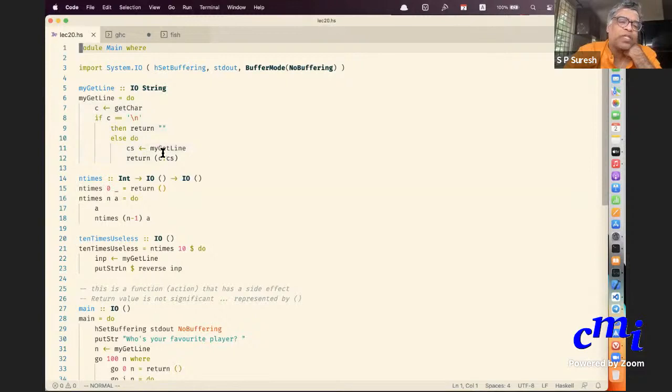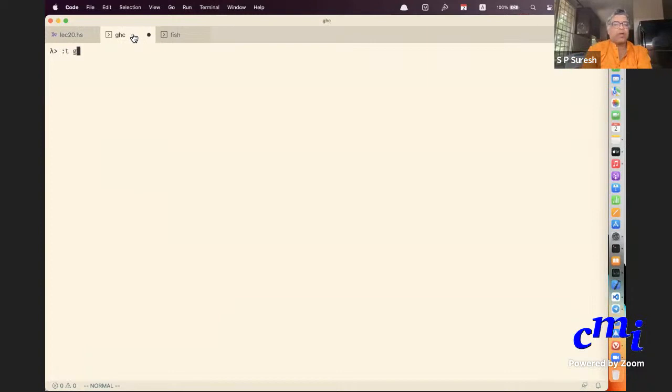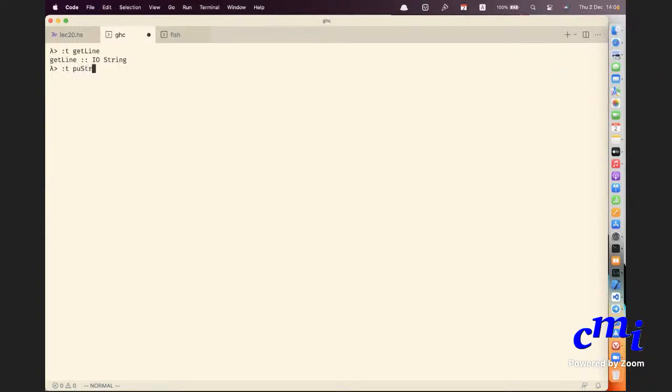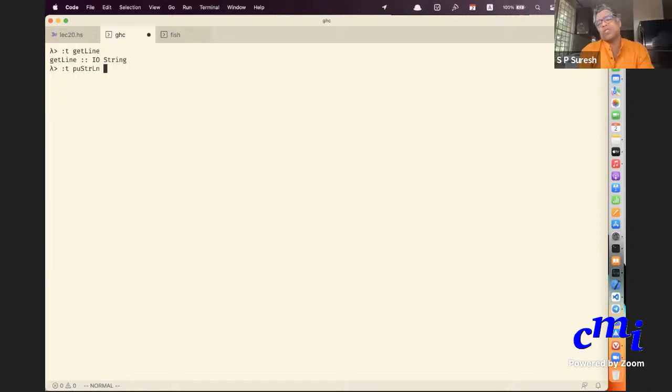So you have these basic calls. getLine is of type IO String. IO means that there is a side effect. What is the side effect in this case? It is consuming a line of input, and the return value is a string. So there is something that it returns, but you also have things like putStrLn. It puts a line of string on the output device, whatever it is, the screen in this case, and that is the side effect, but there is no return value as such.